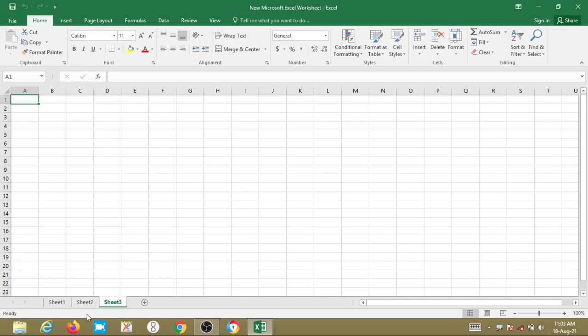When we open this Excel window, a minimum of 3 sheets are compulsorily available. The binding of these sheets is called a workbook.